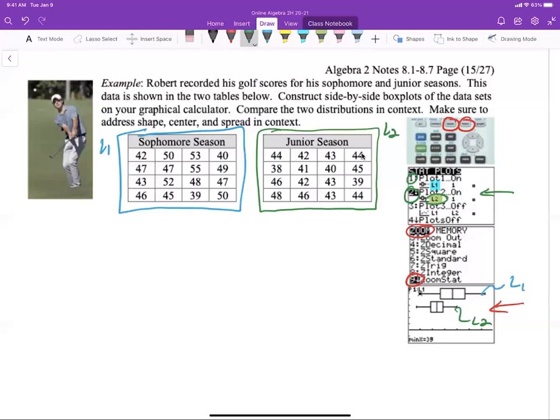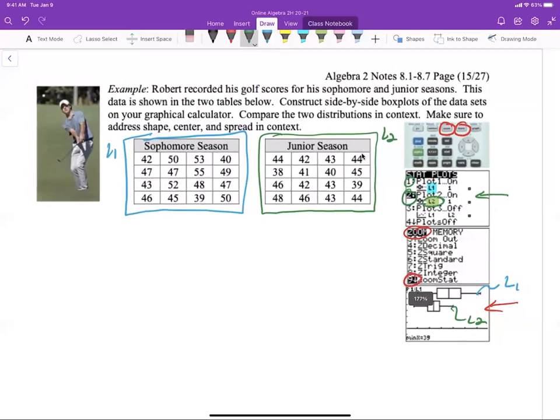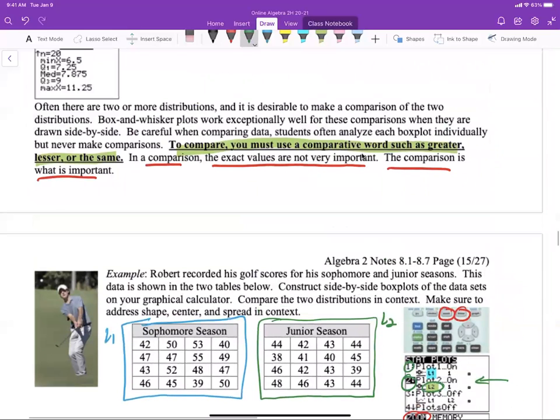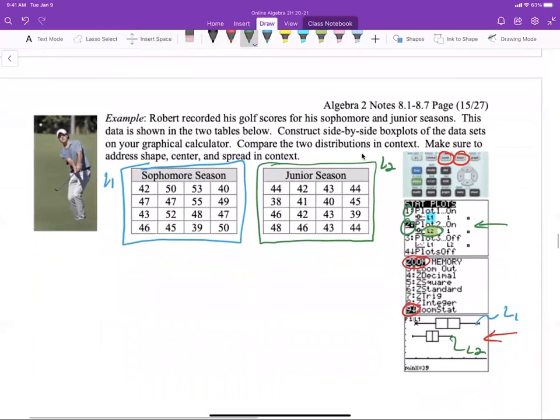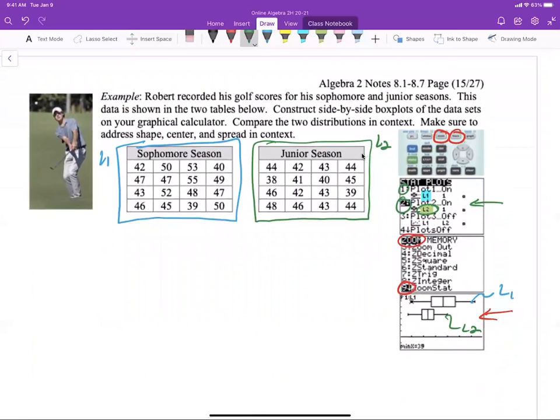Now, we don't actually need actual values because we're doing a comparison. And so, as you can see, in comparison, the exact values are not important. The comparison is what is important. All right, so let's discuss. Now we see what this looks like. So we are going to compare the shape, the center, and the spread in context. So the distribution, that's what we have here. We're comparing the shape of the distribution. We're comparing the center. The distributions of Robert's